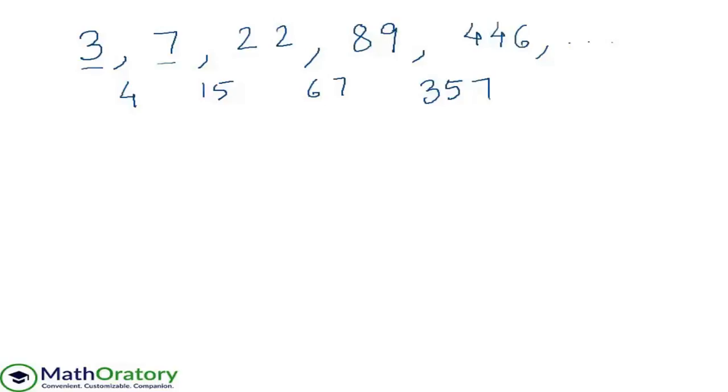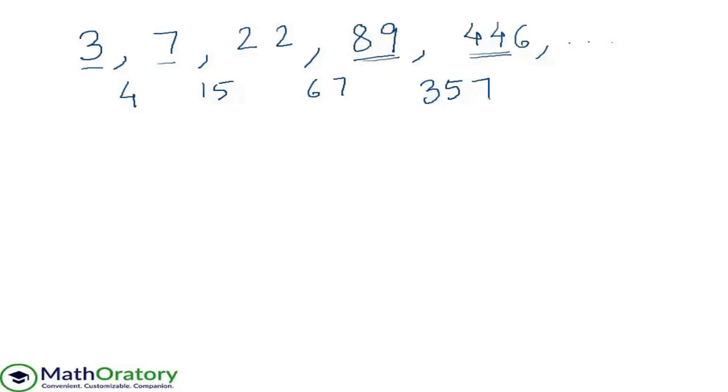But let me ask you this question: why not tripled? Why not 3 into 3 is 9 minus 2? It might just happen, right? It can be 3 into 2 plus 1. It can be 3 into 3 minus 2. So instead of taking too many trial and errors, what I recommend is to start with the higher values here,